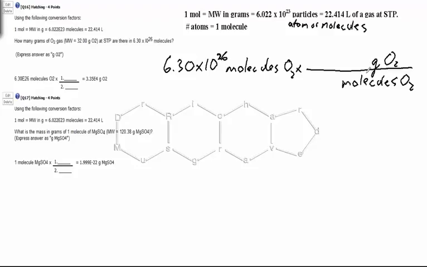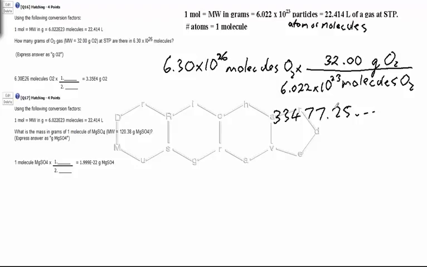Now it's okay to talk about this relationship because you can see molecular weight in grams is equal to that many molecules. So the molecular weight is 32.00 grams, and the number of molecules that equals is 6.022 times 10 to the 23. The reason we can get away with this is because this equals 1 mole and this also equals 1 mole. So they equal each other, which means we can put one over the other like this. Now when we do this, you'll come out in your calculator to be